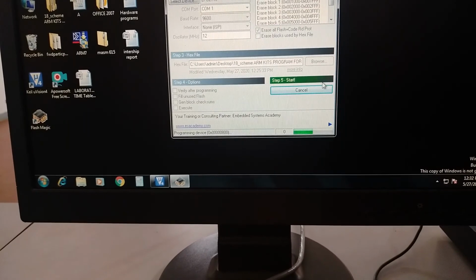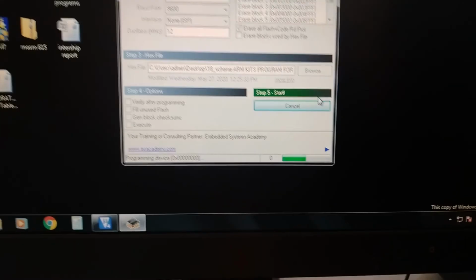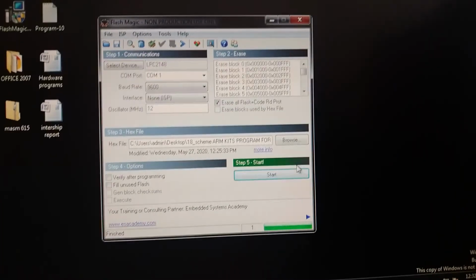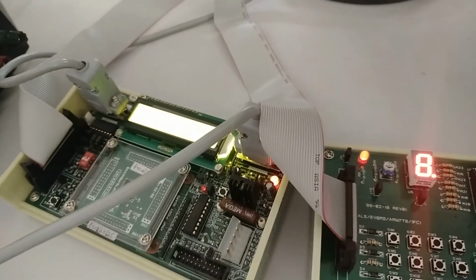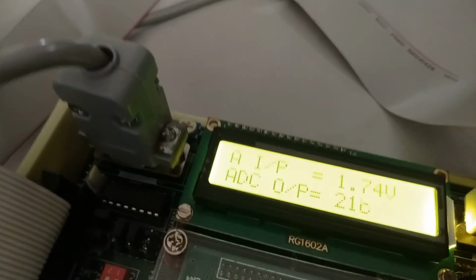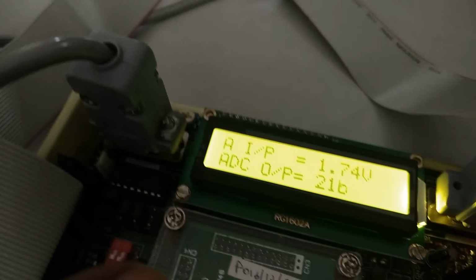That process is continuous. See, observe the dumping of the code into the embedded system, then the file is created. After that you observe the results. You can change the input with the help of the potentiometer and simultaneously observe the output.